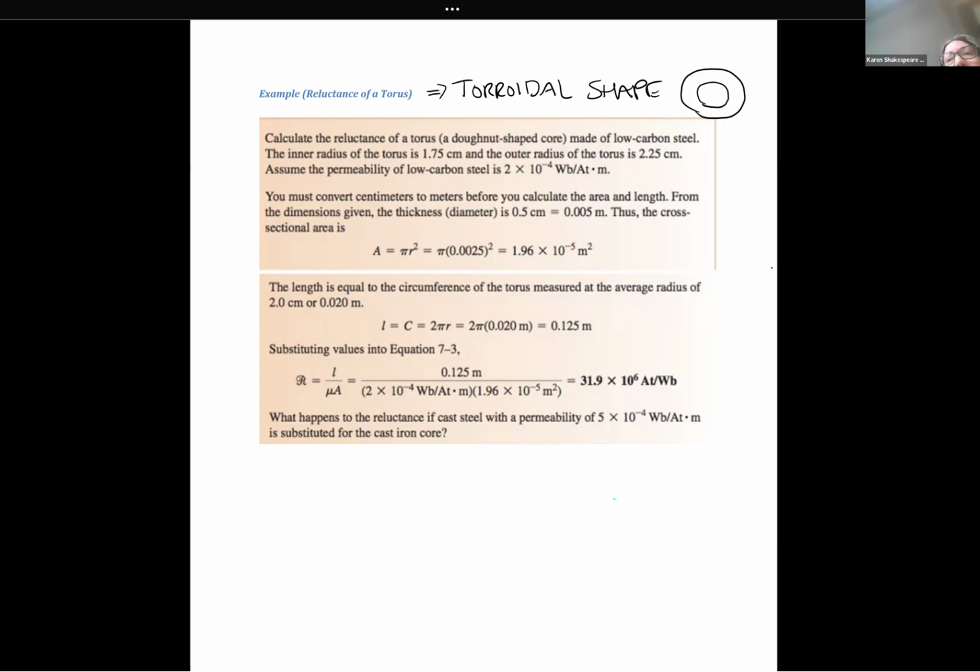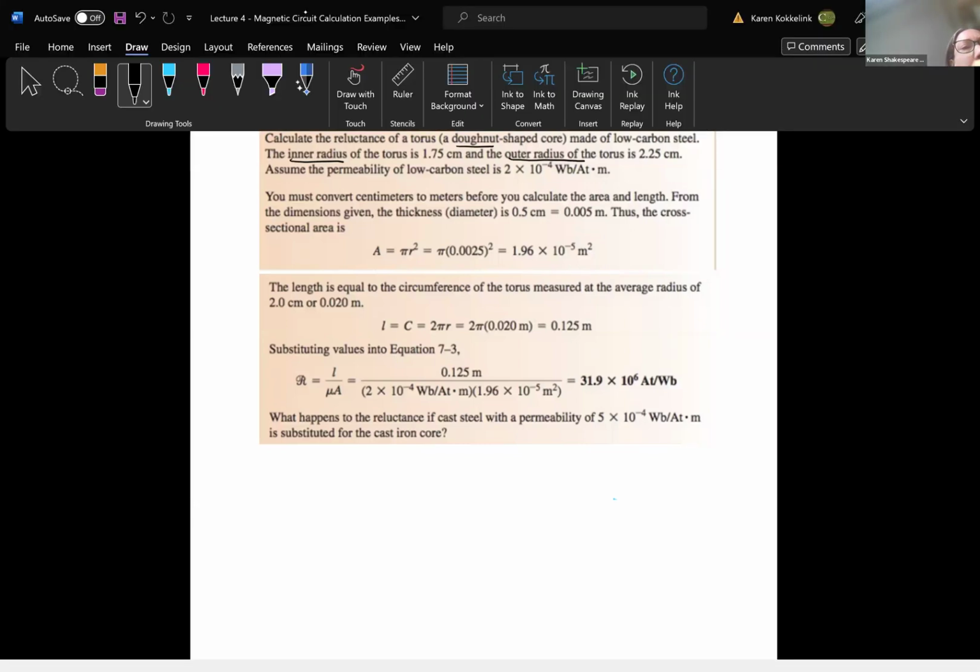So that's implying to me that the cross section of this toroidal shape would be round. I mean, you could make a toroidal shape that has a rectangular cross section or a square cross section, but I'm assuming since it says inner radius and outer radius that this is a circular cross-sectional toroidal shape, kind of like a donut. Oh, and it says here, it's a donut-shaped core. And it's asking us to calculate the